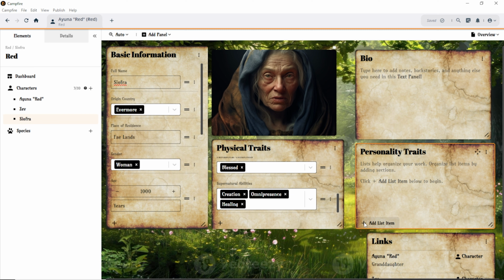So for personality traits, we're just going to go ahead and do that right now. Okay, so from here, we can just describe what her story is in all of this. So what does she want? For example, let's say,